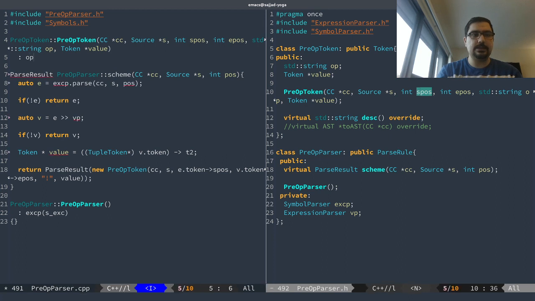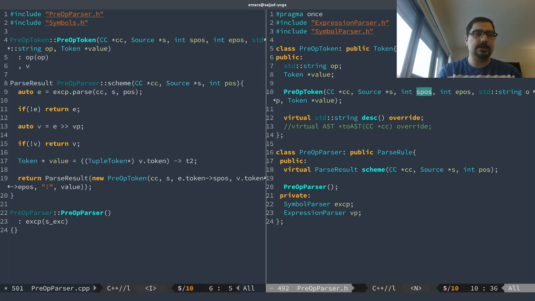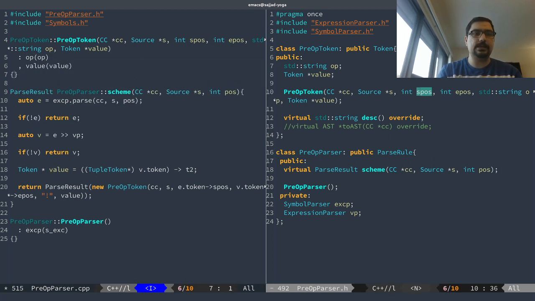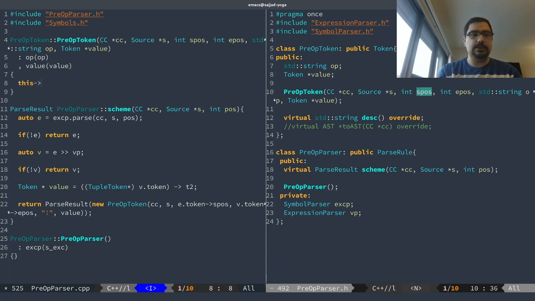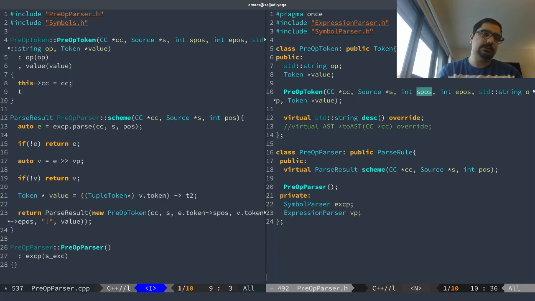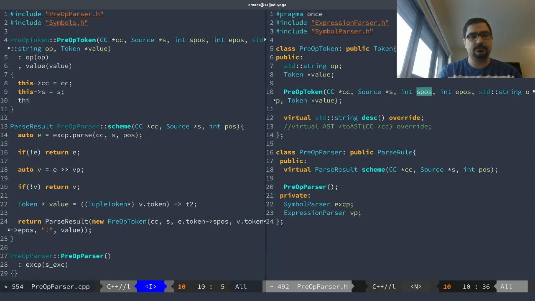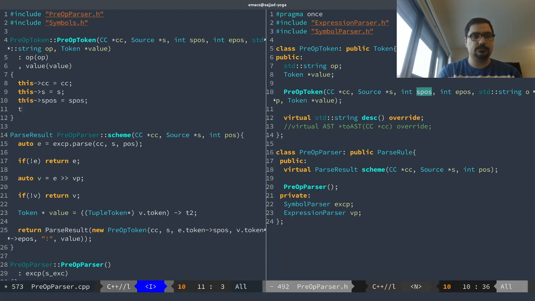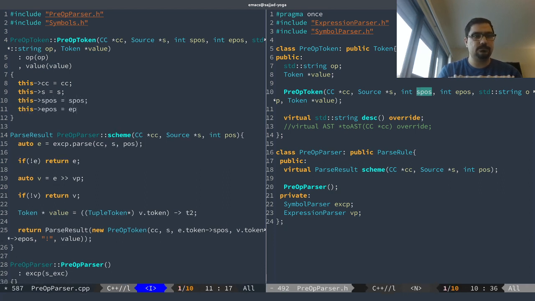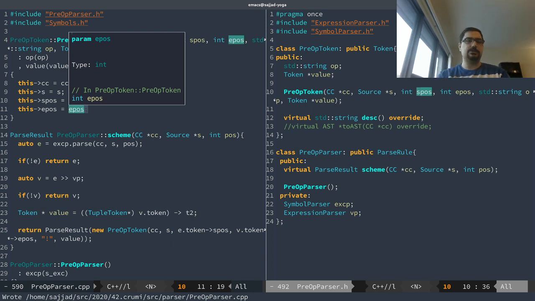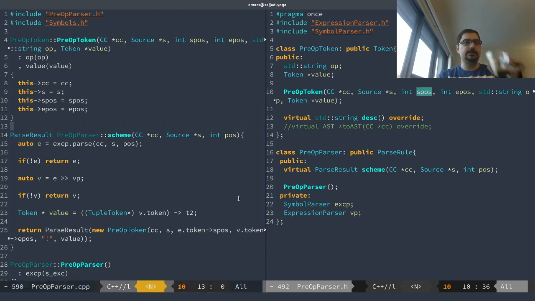Well, assign op to op, assign value to value, and then do this thing for everything else. That's our constructor, right? That's our constructor, and now we have to